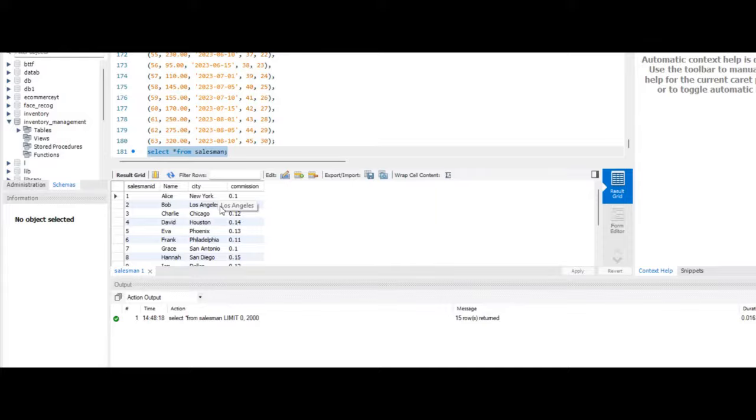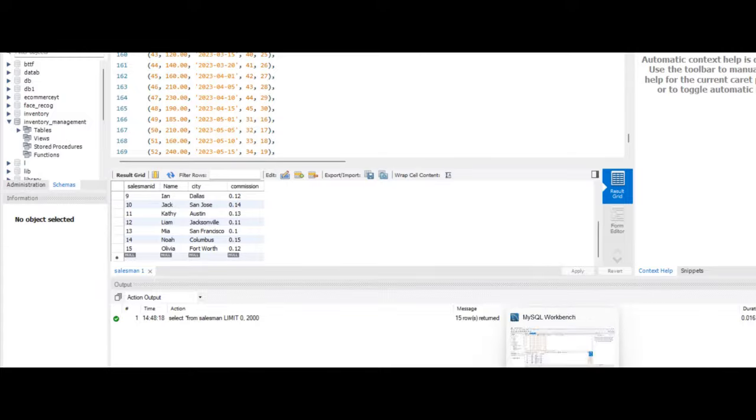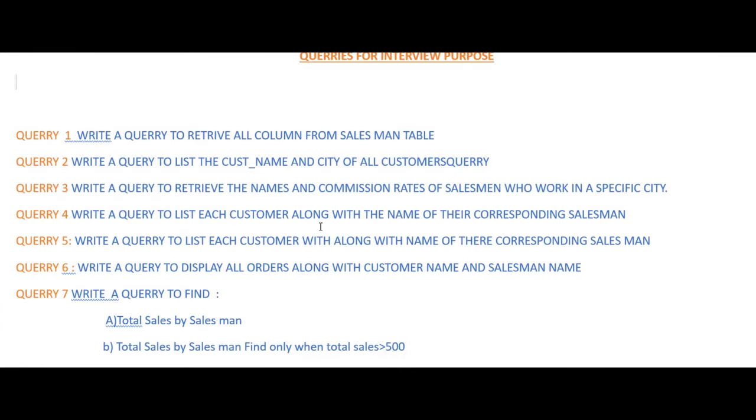You can get all the details of salesman, that is salesman ID, name, city, and commission. I have made about 15 entries for 15 salesmen and their details are shown over here. So this is how you can list all the details from the table. A very basic question. I hope almost all of you know it, but I just took this question.